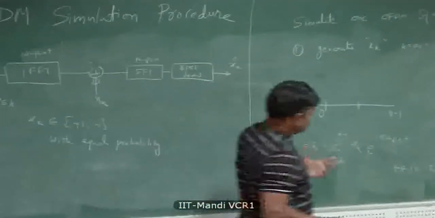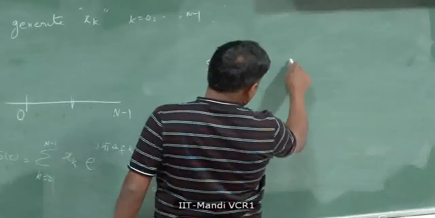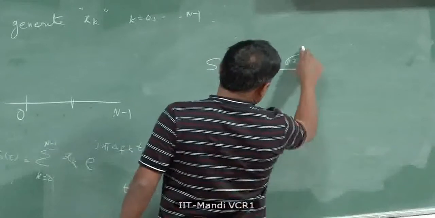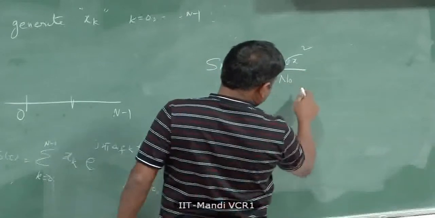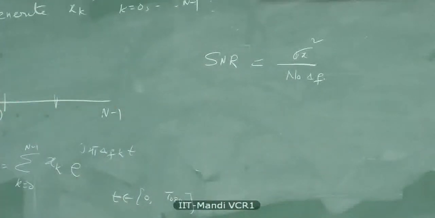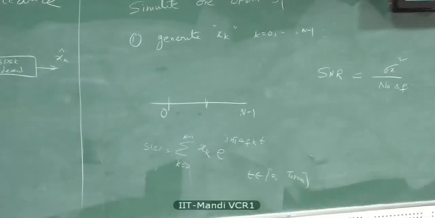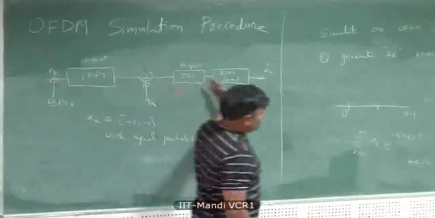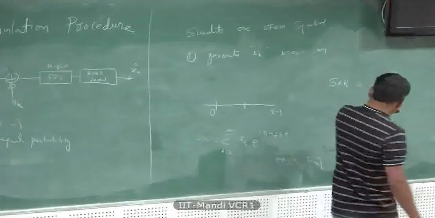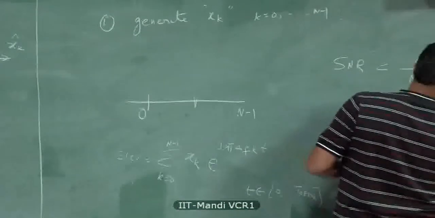So signal to noise ratio, SNR per subcarrier, how did we define it? It was 1 divided by sigma x square over N0, which is k times T, multiplied by delta f. We will allow the entire signal power to have unit power, so sigma x square will be set to 1, and the total transmitted signal will have unit power. And then N0 times delta f, we'll call it sigma n square.